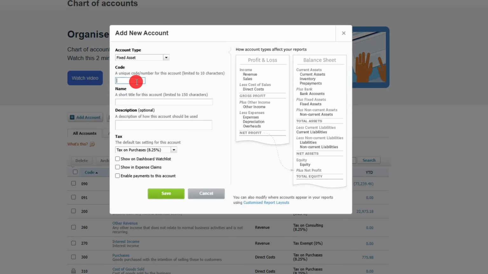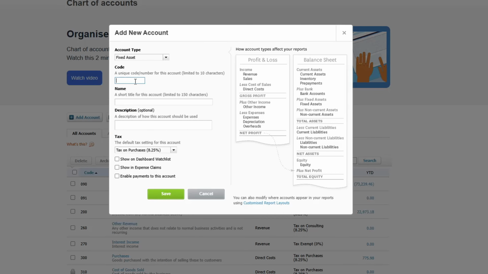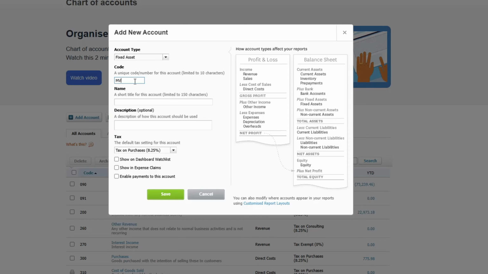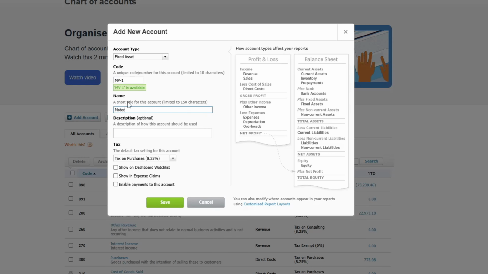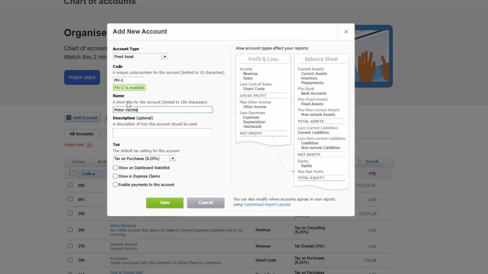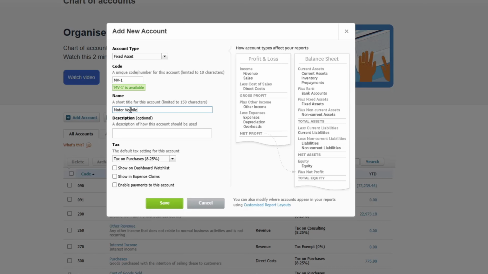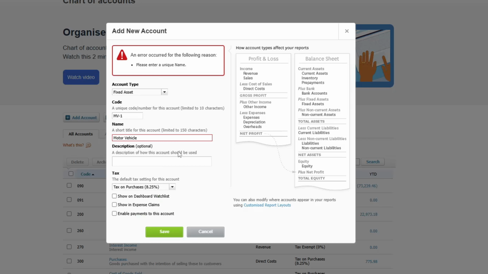Then enter an account code and add a clear account name such as one that identifies it as your motor vehicle account. Take a moment to review the details you've entered, and once everything looks correct, click Save to create the account. This step matters because using the right account keeps your records clean and makes depreciation tracking much easier later on. If you bought the vehicle through an invoice or dealership finance,